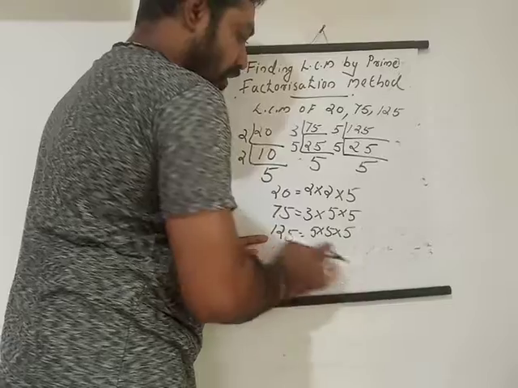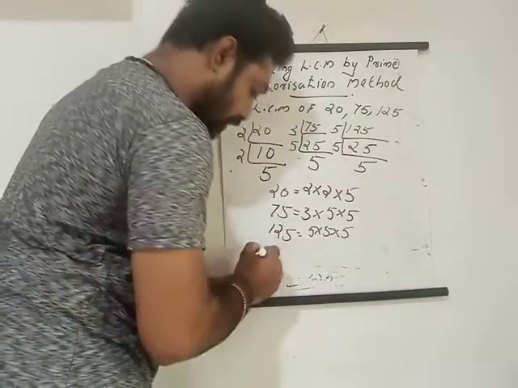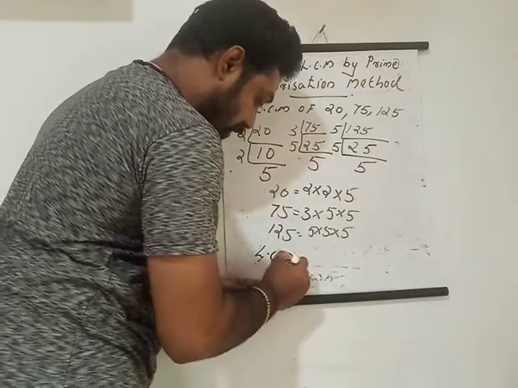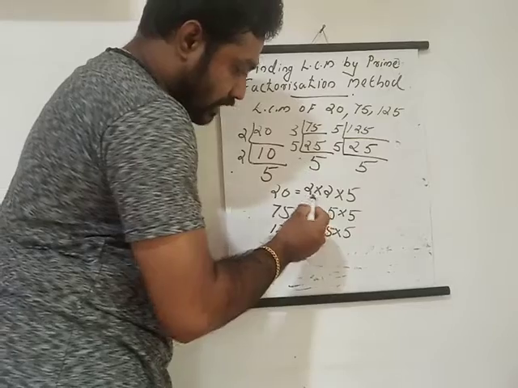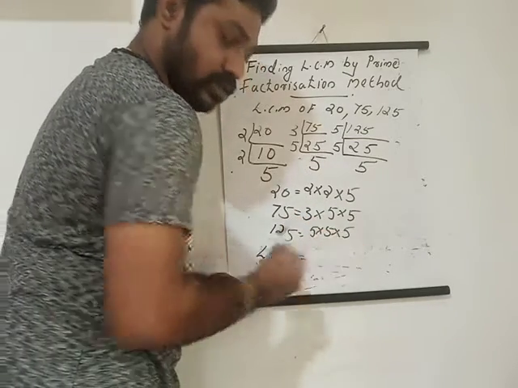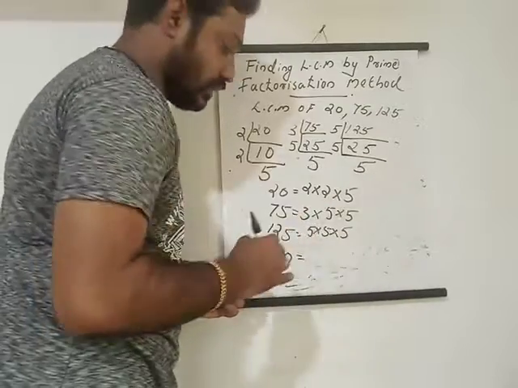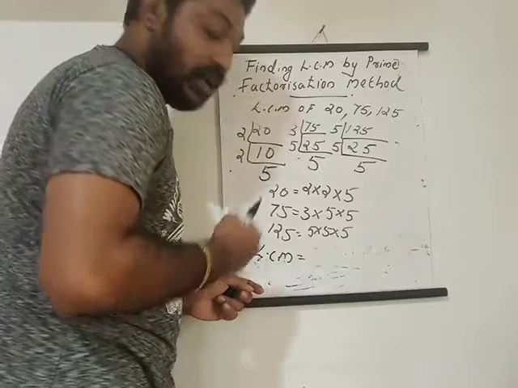So we got the numbers as factors, isn't it? What is the next step to find the LCM? We have to find the LCM by taking the number that repeats the most times. You can see that 2 is there, then 3 is there, and 5 is also there. So 2, 3 and 5 are there, like in the previous question. So 2, 3 and 5.